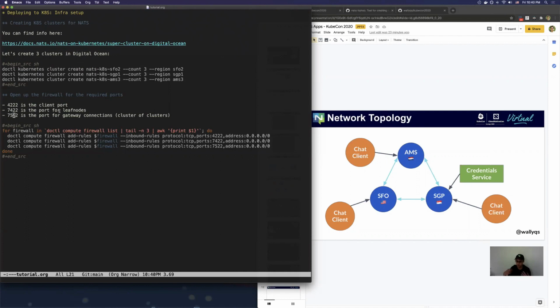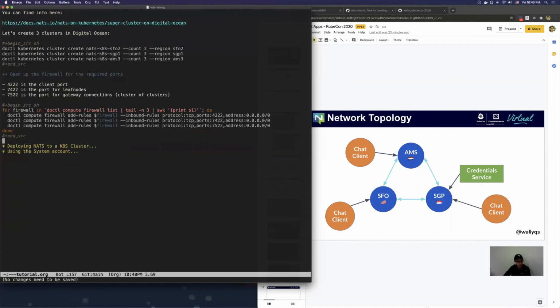So essentially, you can use this supercluster later as a way to communicate with multiple NATS clusters without them themselves becoming a cluster. But that can be another tutorial. So we leave those open,